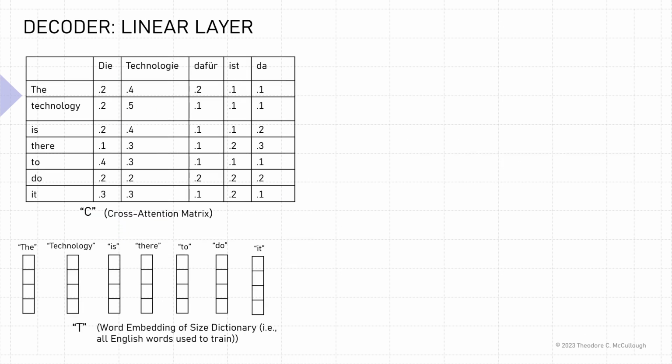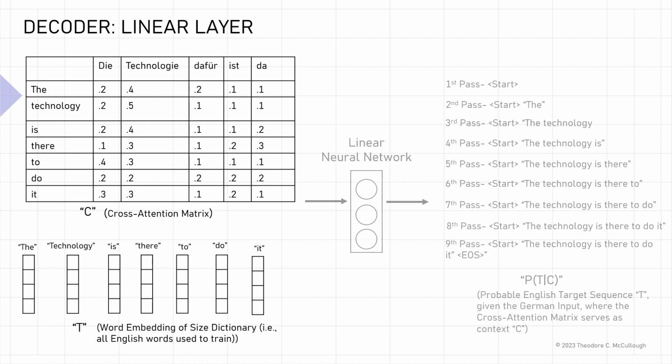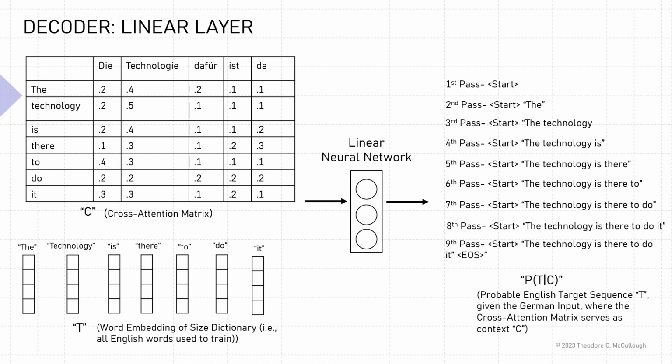Once the cross-attention matrix is created, it provides context that is either learned or used to predict the next word in a sentence. So this learning or prediction is facilitated via a linear neural network. And as previously said, when predicting, basically predictions are based upon what the next possible word is in the sentence, plus what the prior words were in the sentence to be predicted. And this really can be represented as the probability of a target given a context.